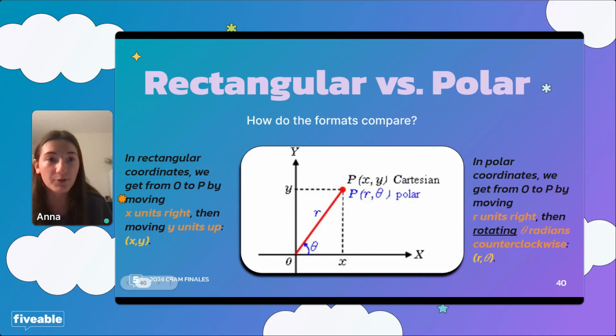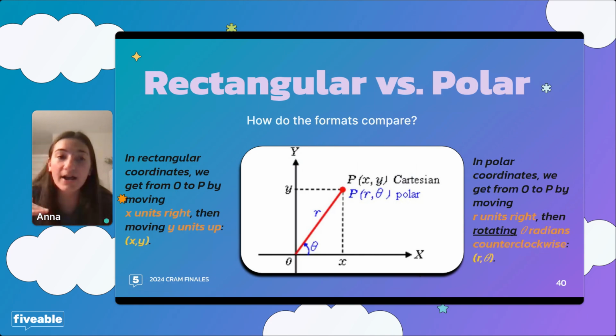This is the one that we're more familiar with, what we started learning, and that's our rise over run. So we have our run and our rise directions, which is our horizontal and vertical. So we use the points x and y to plot. But polar is distance from the center, which is the radius, and then the angle of the counterclockwise rotation, which is theta.